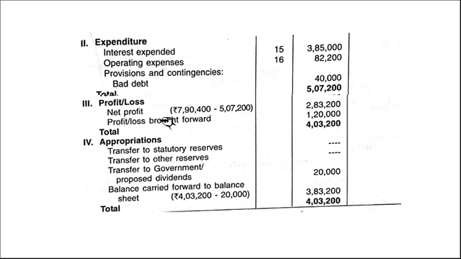Okay, so net profit. Then profit and loss brought forward. Previous years, if there is any profit or loss, we have to write it here. So we have to make the total. Right? So this is the total amount that we have. From that, Roman number 4, appropriations: transferring to other reserves and all the payments we are making after we get the profit. Payment in the sense, payment to the government or shareholders. Okay, appropriation. So finally we are carrying forward the balance to the balance sheet. So this is the usual procedure, right?